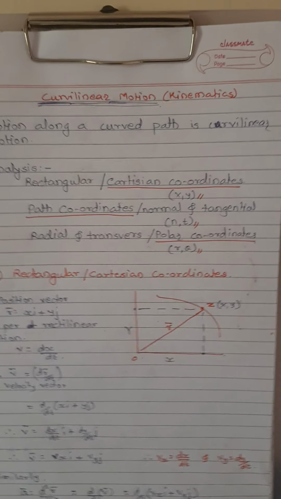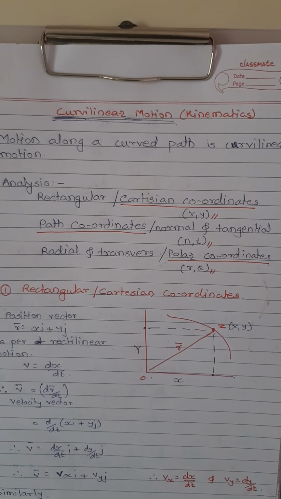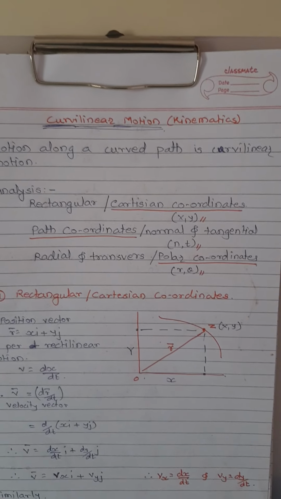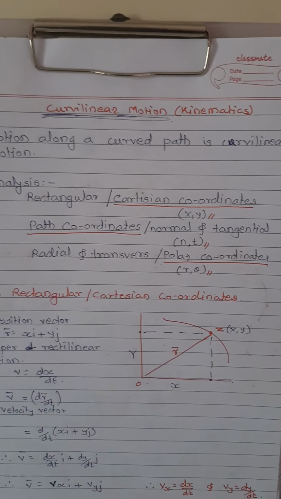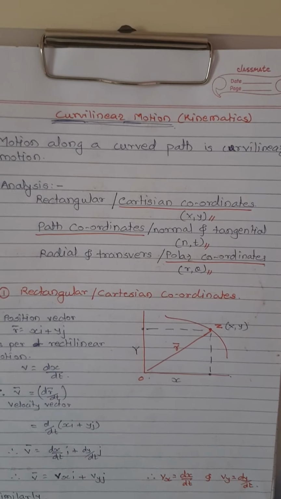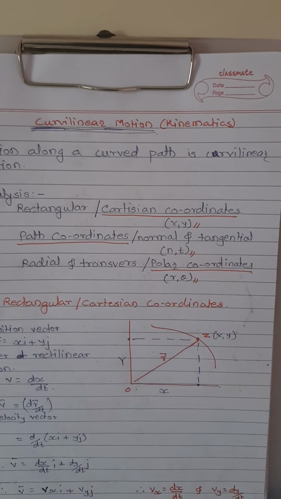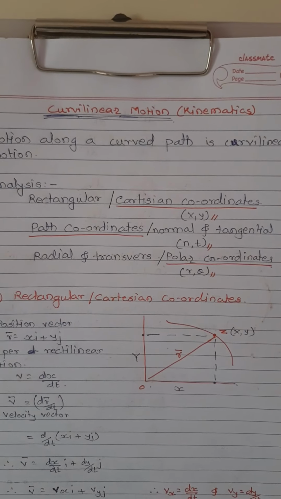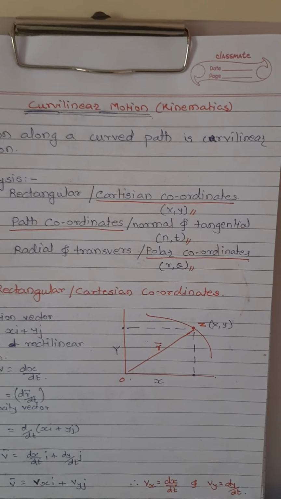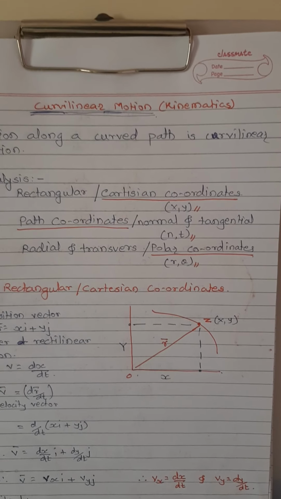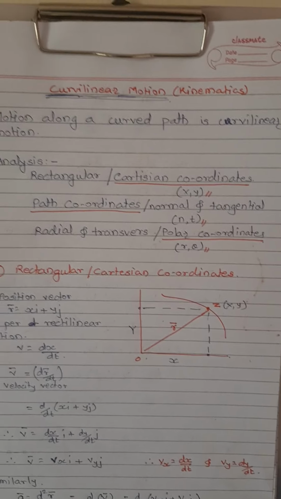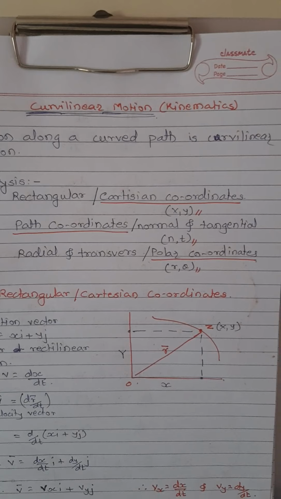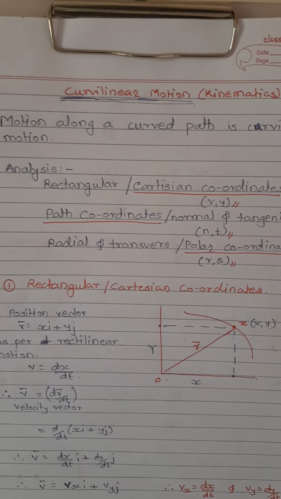In a similar manner, if we define curvilinear motion in simple words, we can define it as the particle when it travels along a curved path is said to be in curvilinear motion, or in other words, a particle following a curved path is defined to be in curvilinear motion. Now, when we think of analyzing such motion, that is motion along the curved path,